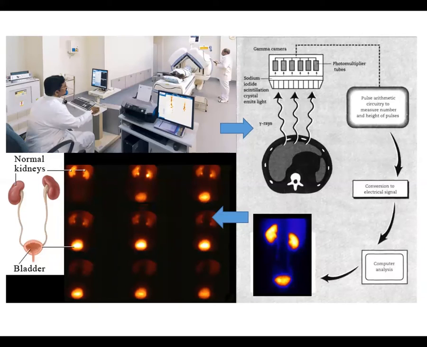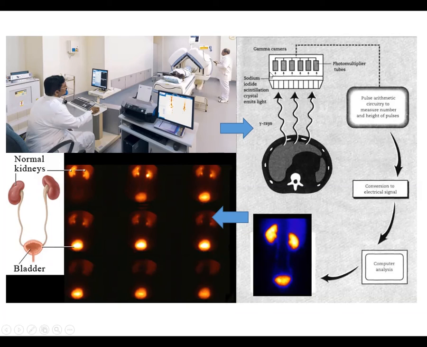Here on this slide, we can see the stage of the scintigraphy of the kidneys, the dynamic scintigraphy of the kidneys, because we may also use static scintigraphy of the kidney, which is presented in only one image, and dynamic scintigraphy of the kidneys performed over a period of time. Here we can see the laboratory, the bed, the gamma camera with two crystal detectors, which are placed over the human body, can rotate around the human body, the technician, the monitor, and after the intravenous injection of the radiopharmaceutical, we